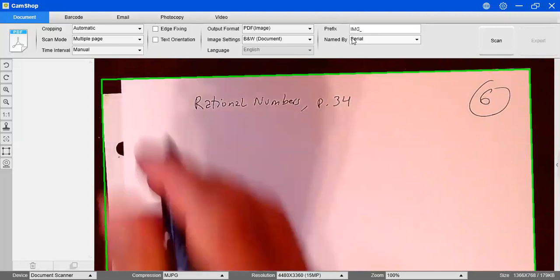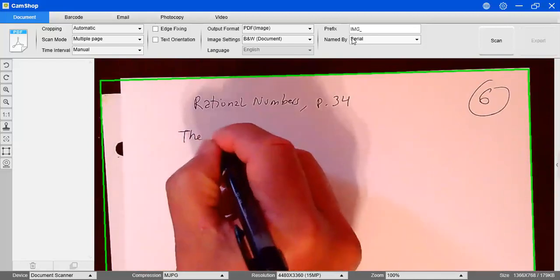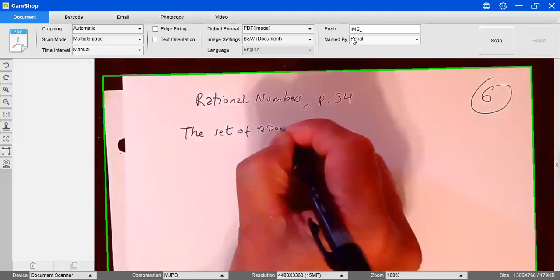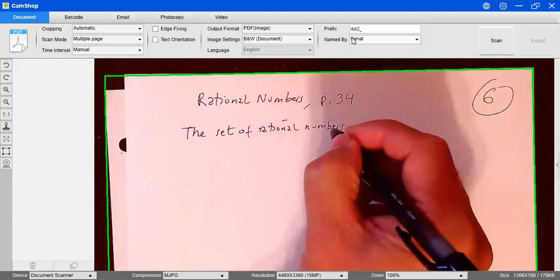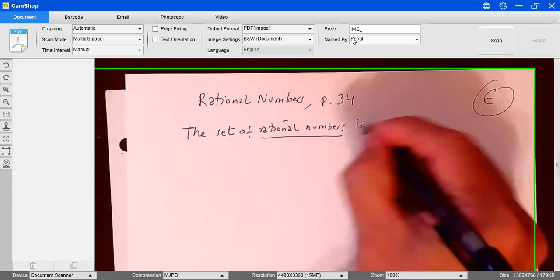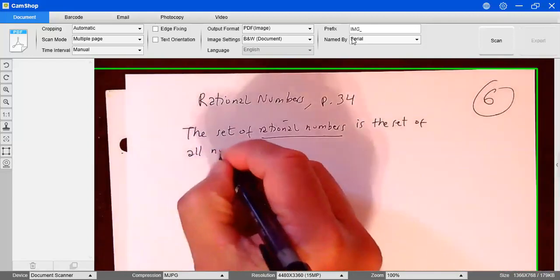It says that the set of rational numbers is the set of all numbers